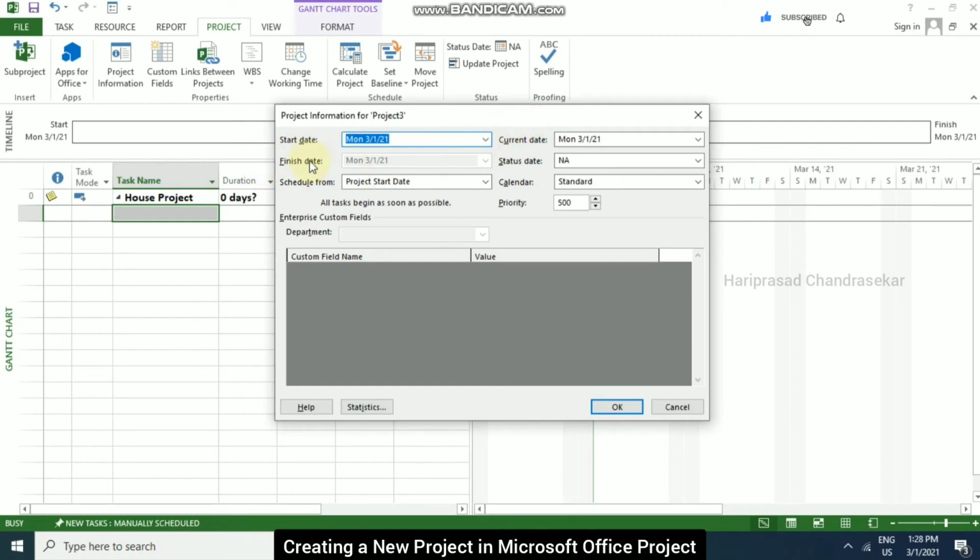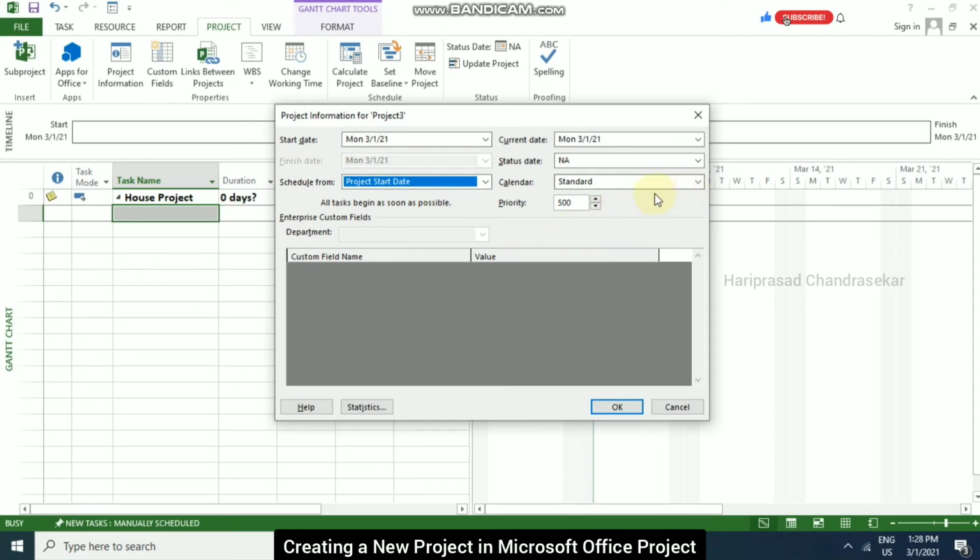The finish date depends on the project schedule, it will be available. We can choose from project start date or project finish date. If you put the project finish date, then the start date will be calculated based on the schedule. So project start date could be better. We are going to put some date on the start date.